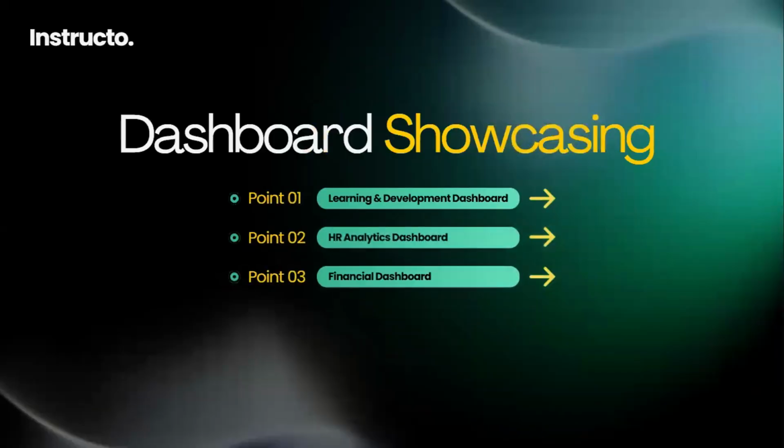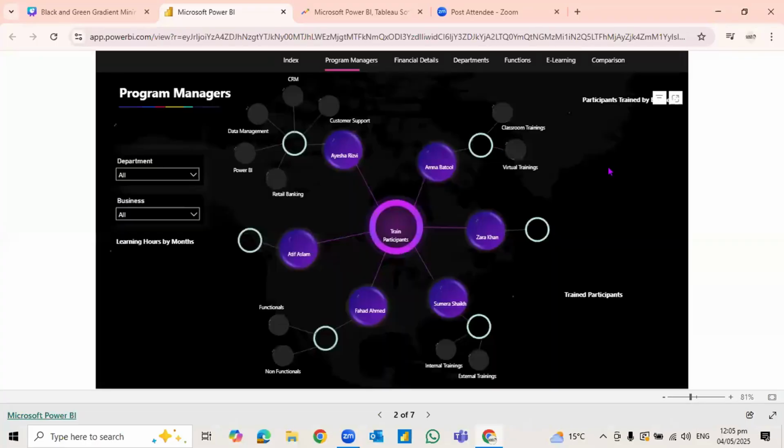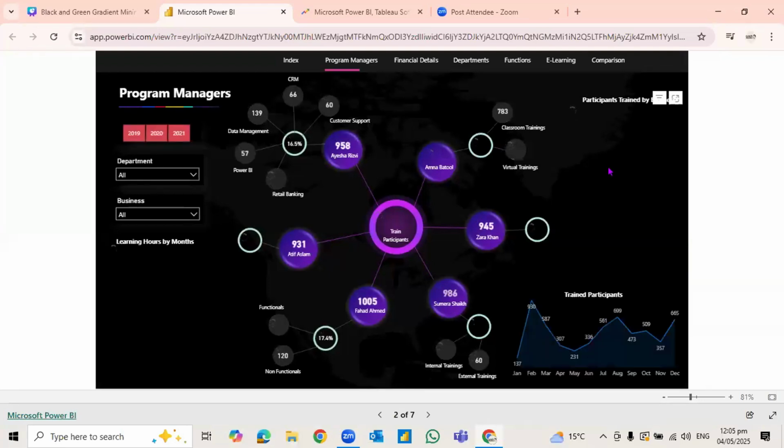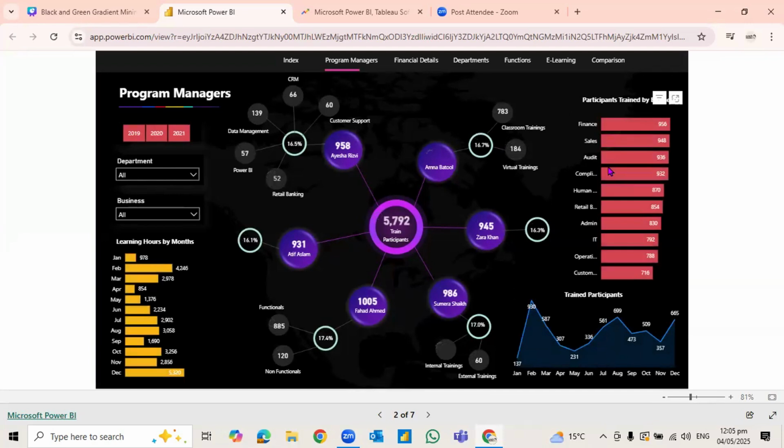So let me showcase some of the dashboards that my team and I have built. This is my L&D page. It means I have a learning and development department in a company, and this is how it looks. We have years, departments, businesses, all the headings which we saw on the index page. I can switch to any page I want.